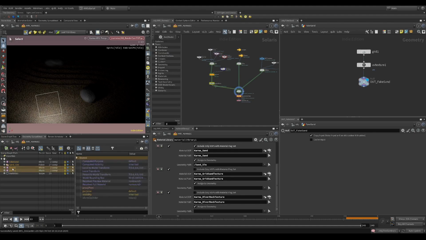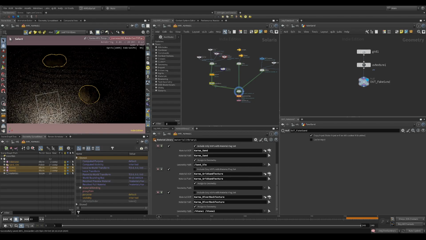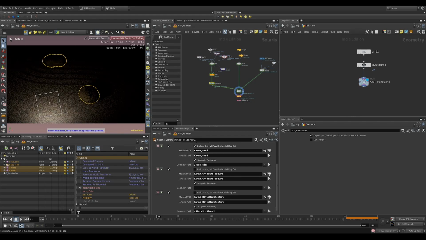So I will just take these two stones, slap them into river rock texture. And now Houdini will turn all of the textures into RAD files, which is somewhat annoying, but it is what it is. Okay, they're looking pretty slick,